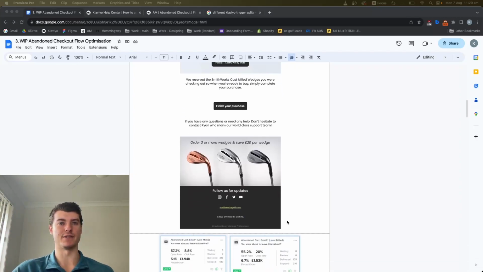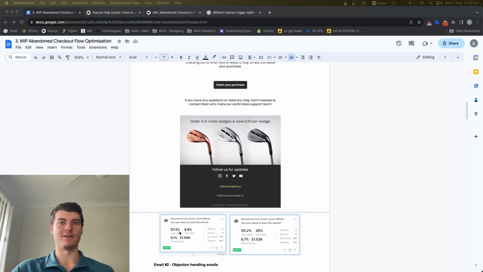It produces results like this, right? So you can see 55-ish% open rates, 8% click-through rate, 5% placed order rate, nearly £2,000 produced for this one here. And then again, similar results over on this side, 55% open rate, 20% click-through rate, which is probably a little bit inflated because there's not a whole lot of volume in that there. So I would assume as the volume goes up, that click rate would probably come down a little bit, and it would be closer in line with